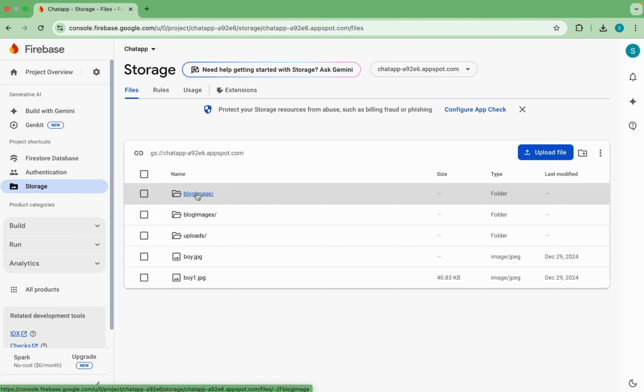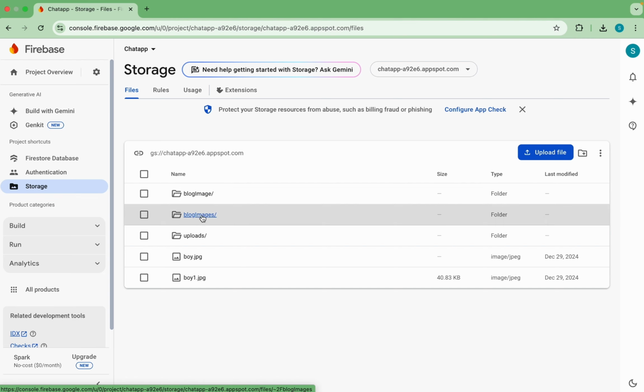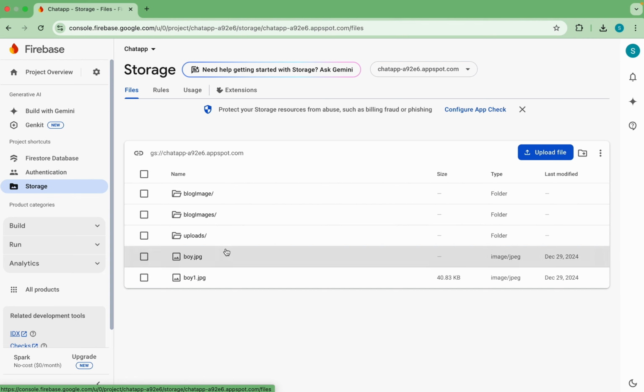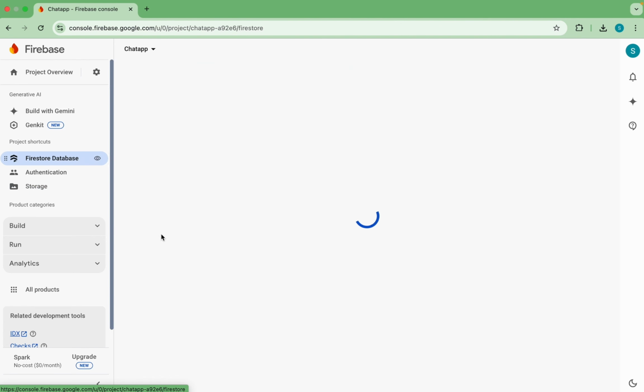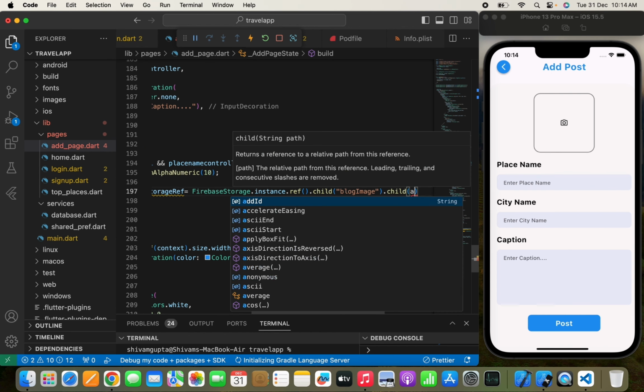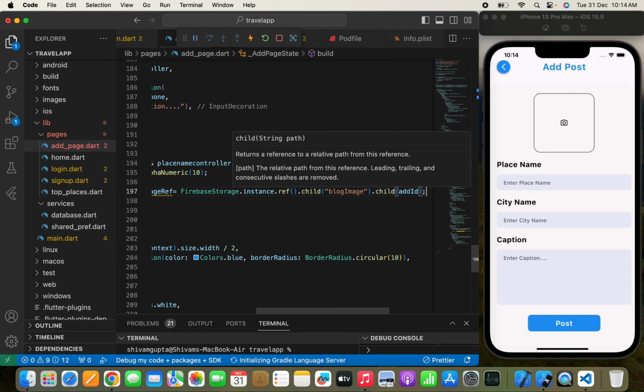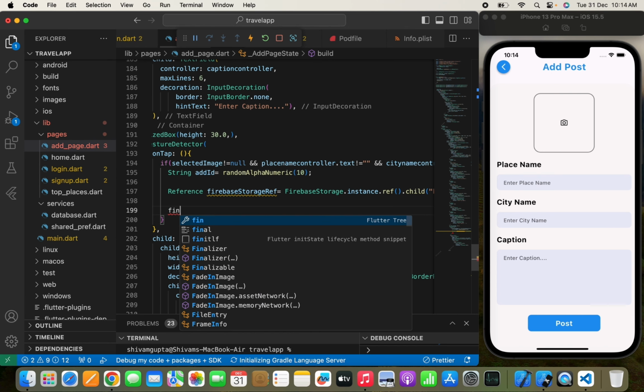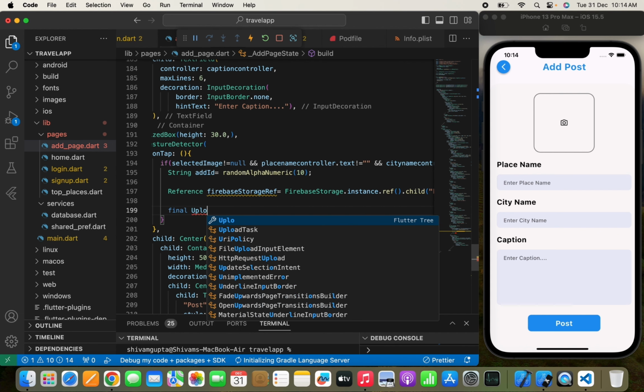Now here you can see that it will create this type of folder, blog images, and here it is going to upload one image after another. Yeah, so that's why I simply wrote blog image over here, and we need to write a child and an add id, something like this. Now once you have written all this, we just need to write a final upload